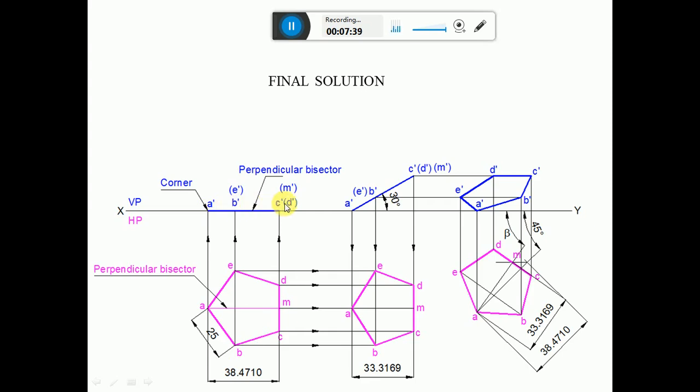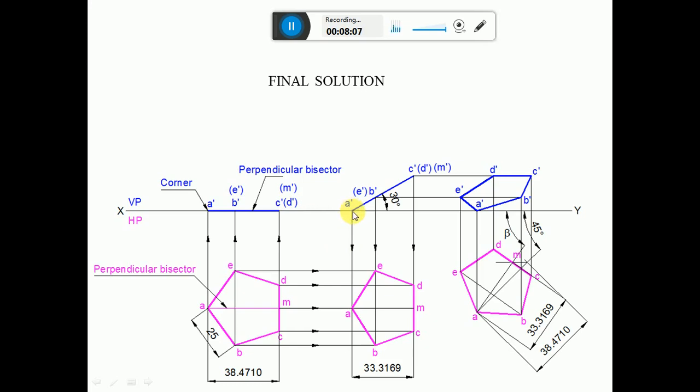A dash, B dash, C dash, D dash and E dash is away from the observer, and it is hidden by the points B and C. It will be invisible, D dash in bracket, and also M is on the line of CD, so naturally in the front view it will not be visible. So mark that point as M dash in bracket. Now, since one of the corners is resting on HP,